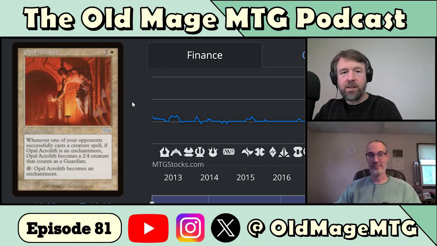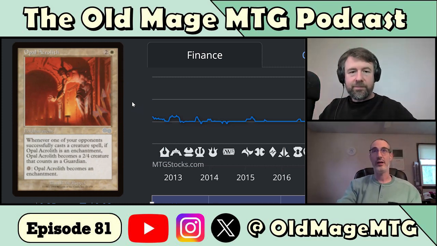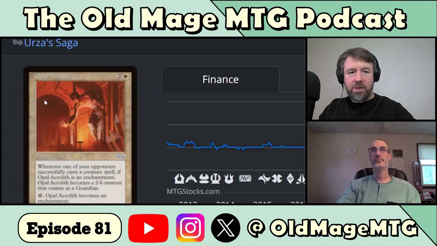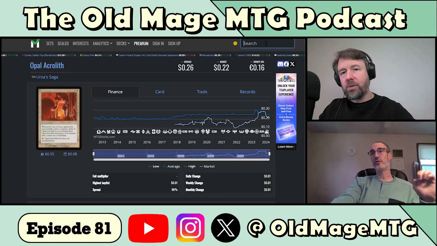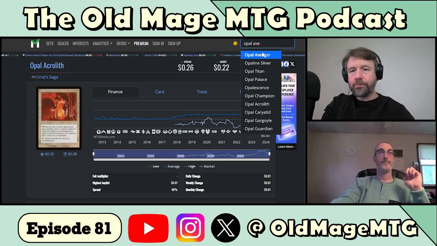And that's an acronym. Is a guardian now a soldier? I wasn't even thinking about that, but I'm guessing it probably is. Let me look this up real fast. Opal Acrolith becomes a 2/4 Guardian creature if your opponent casts a creature spell. Soldier now. Okay, yes. The other ones are Opal Avenger,